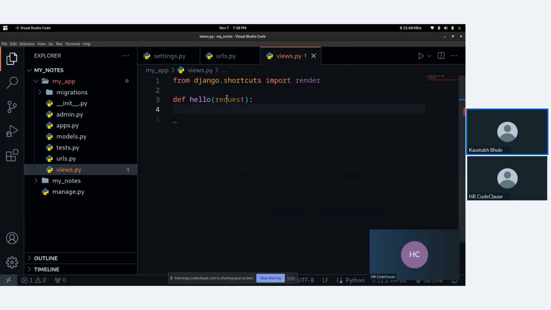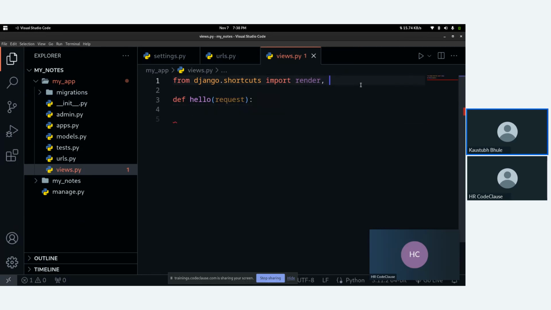It's the syntax, guys: if you want to trigger a particular function after visiting the URL, you need to pass a request parameter here. If you just want to create a normal function, just remove the request parameter and it is fine.